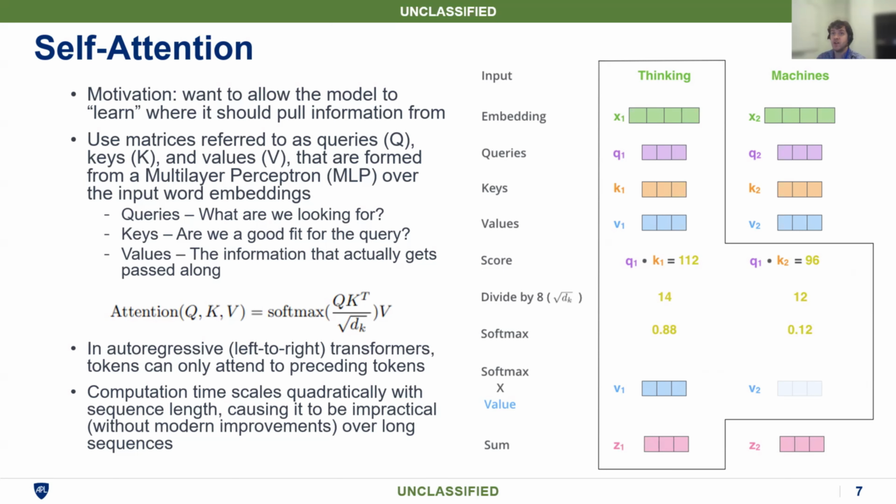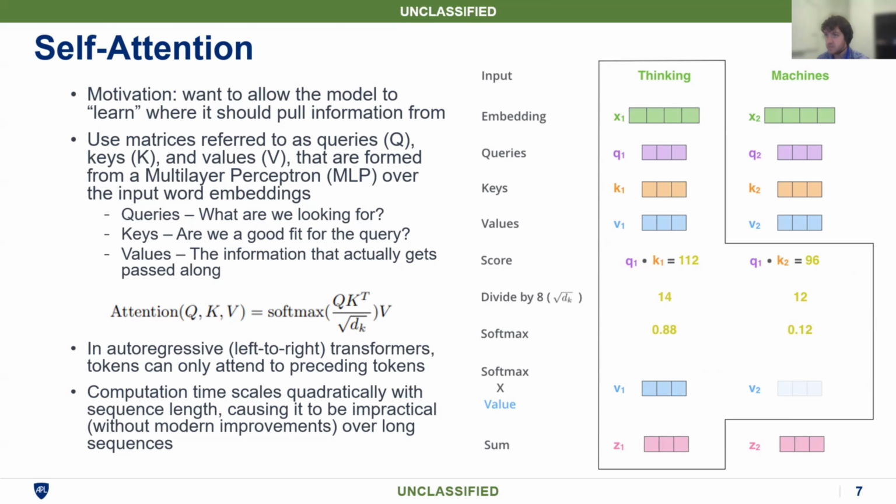So what information should actually be propagated? That's what the values are. The values are saying, if you're going to look at me, here's what I want you to tell the rest of the network. You can see here it's done as opacity. The translucent part shows it's looking a little at the values associated with machines, and a lot at the values associated with thinking. Then you sum them together, and that is your score that gets propagated throughout the network and is used to make your logit predictions, like which word is 70% likely to be your next word.